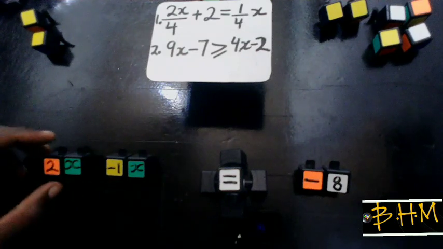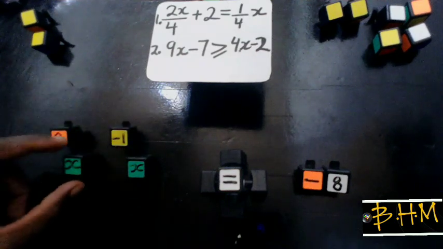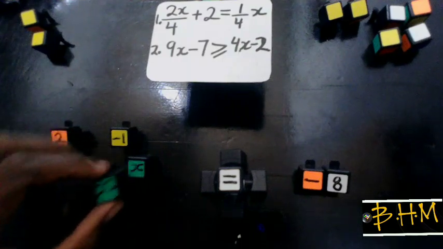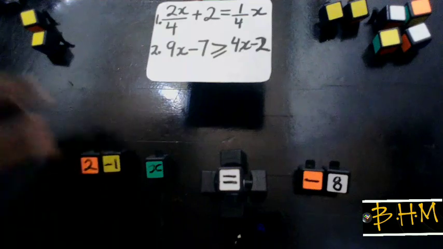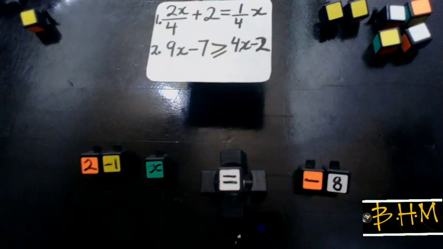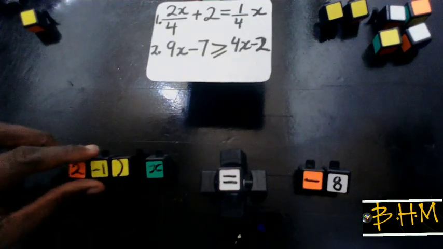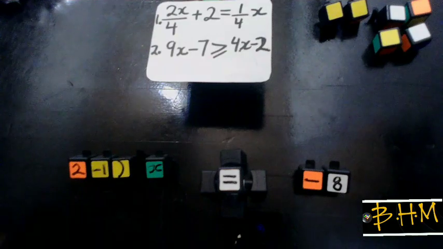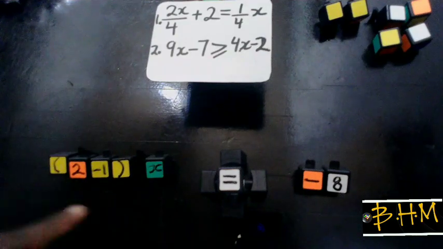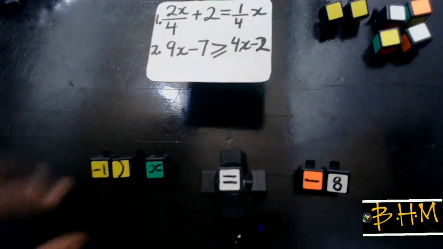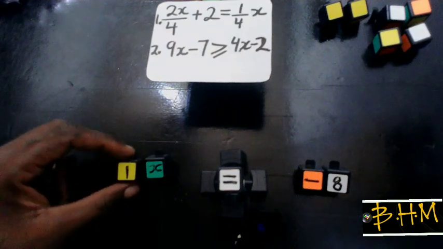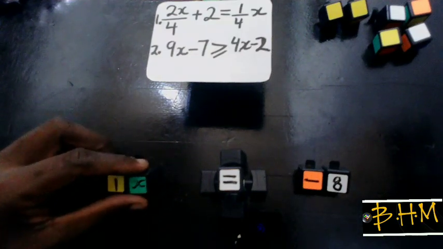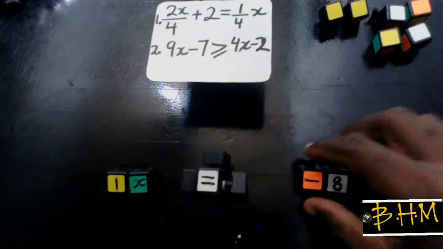So all we do now is we simply notice that we can factor this out, because these are common. So you can factor this out and leave 2 minus 1 bracketed for us. So obviously 2 minus 1, the answer will obviously be 1x. So as you can see in our equilibrium system, we have 1x is equal to minus 8, but 1x